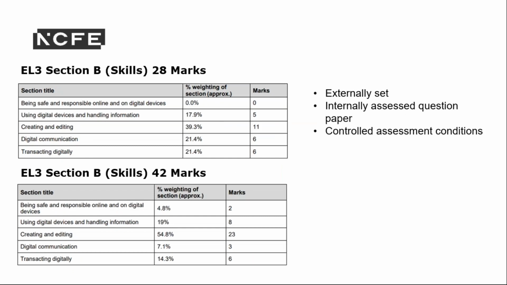You can now see the approximate weightings for the entry level 3 and level 1 for section B, which is the skills section. And completing both section A and B will give 1 mark for the papers, resulting in either a pass or a fail. So it's quite similar to the functional skills quals, where a learner must take the whole paper again if they do not pass, rather than being able to carry over a mark from one section, such as the multi-choice section, to another paper. The whole paper would need to be resat.